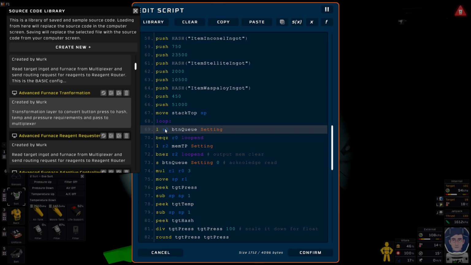So it's going to read the button Q setting to see what it's looking for. If that's 0, it's going to go nothing for me to do this time. Assuming it's not 0, it's then going to read to see whether or not the output memory it's going to write to is clear. If it's not clear and it's got a value in it, it's going to jump to the end, and that's because it means that the system is still processing the last request. And when it finishes the last request, it will set it to 0, at which point it will then continue